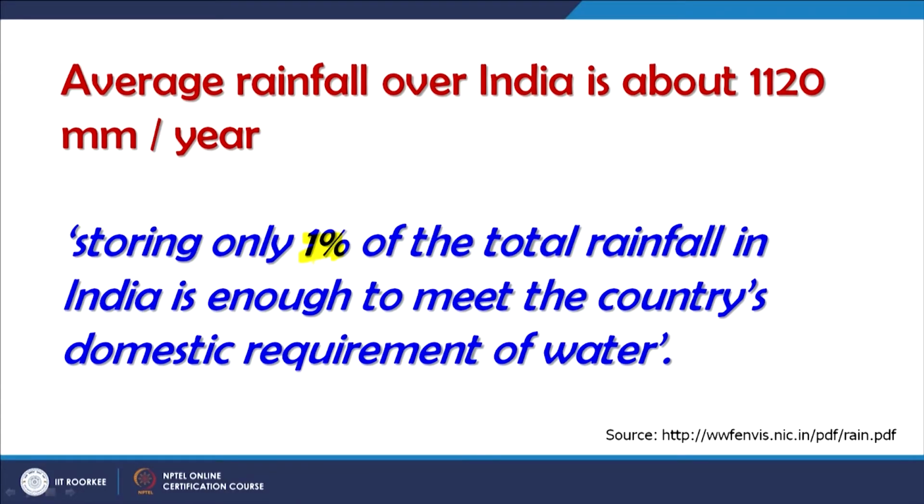And that problem, as I have been saying, I will add that this problem can be solved in 1 or 2 years time if we start storing even 1% of extra water of rainfall for the domestic requirements. At least the drinking water problem can be solved. But if 2 or 3% of total rainfall goes into groundwater, then irrigation and industrial requirements can also be solved, at least for a decade or so. But if population keeps rising like this, then we have to create this maybe 10% of total rainfall rather than just 2-3%.